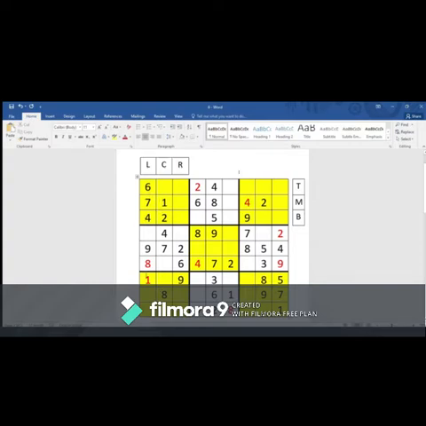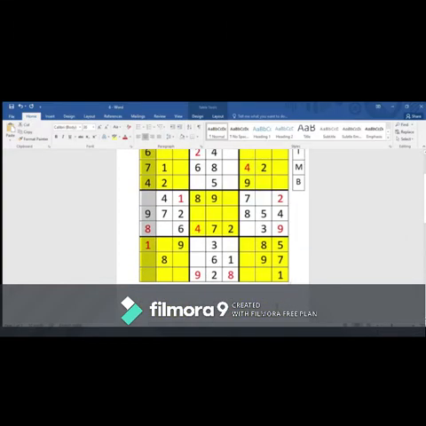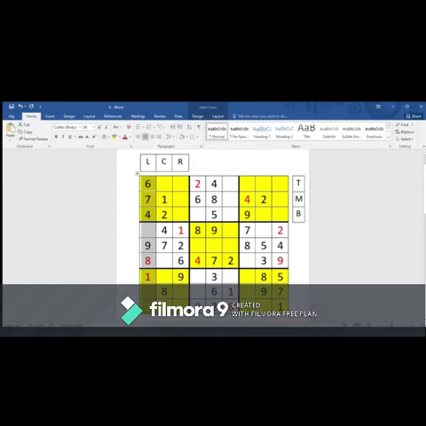Number 1, so we have 2 1s. The only place where 1 can sit was over here. Why is it so? Because you already have a 1 capturing over this column, sorry guys, it's called a column, and another 1 capturing over this column. So the only place we are left with is in this column, and this is the only place where it can sit.